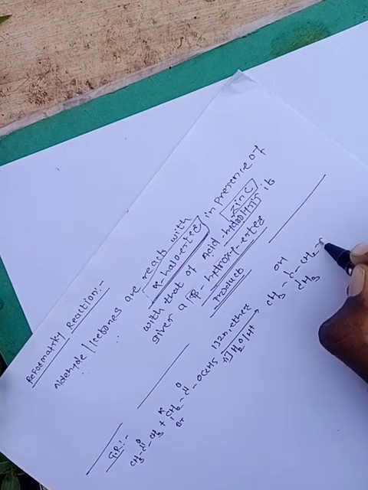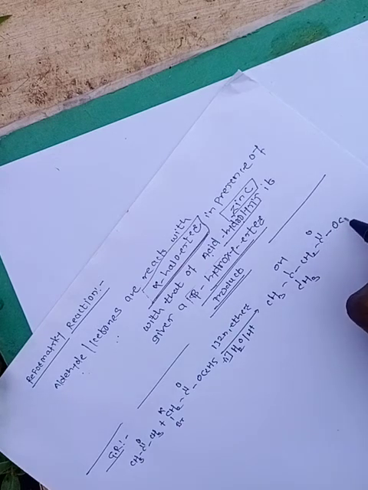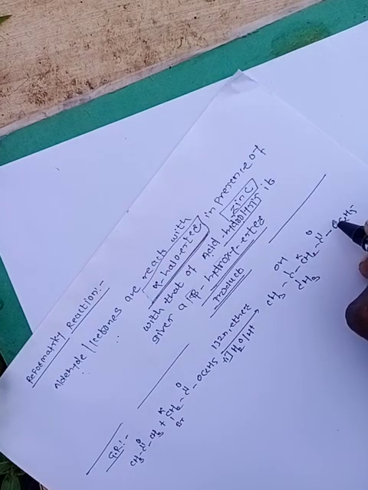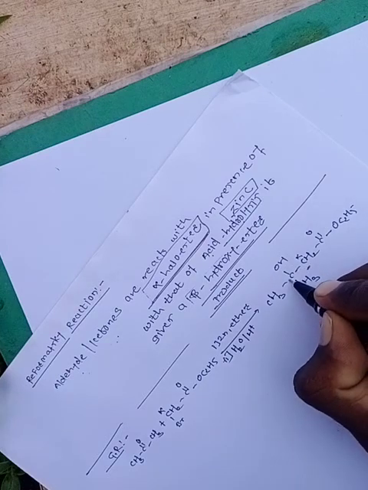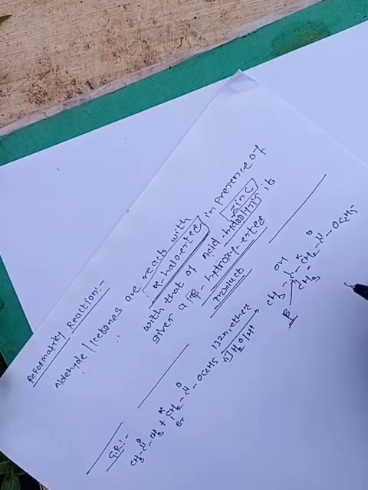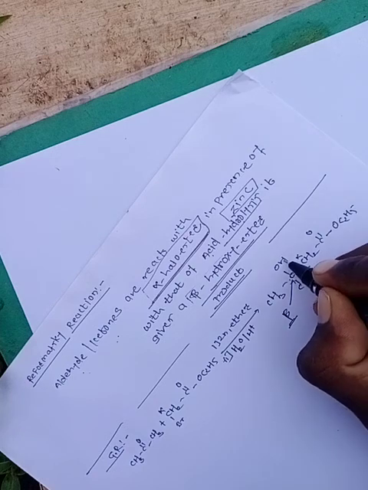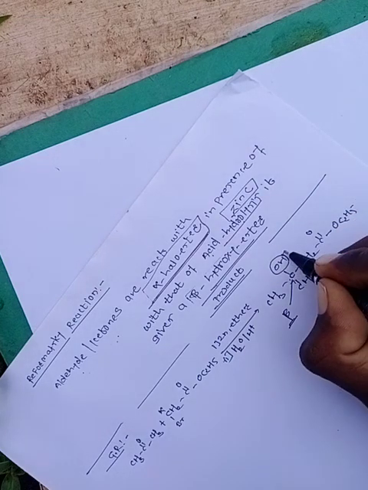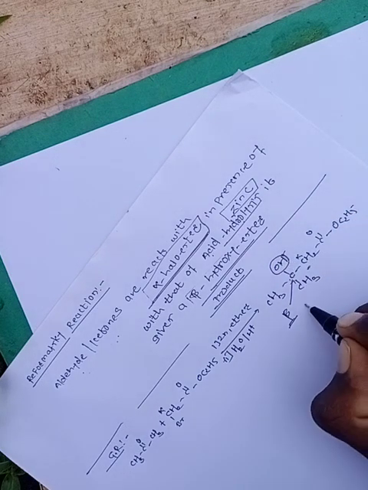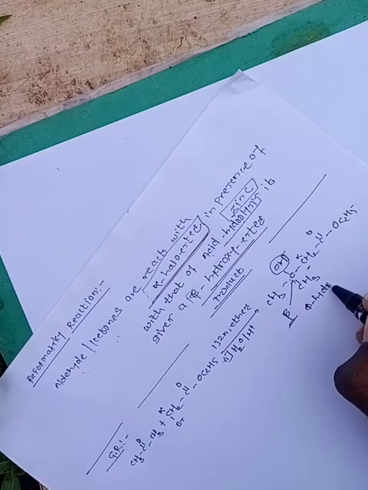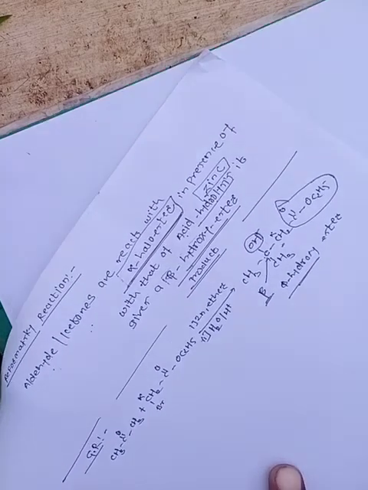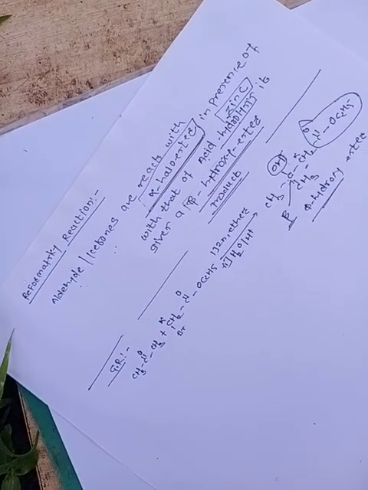This is our product, with OC2H5. Look at the product. Here is the alpha position carbon, and then this is our beta position carbon, and on that beta position there is one hydroxy group, and this is referred to as a beta hydroxy, and here our ester group. Therefore it is a beta hydroxy ester.